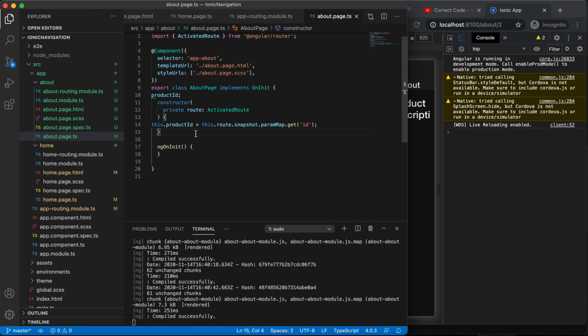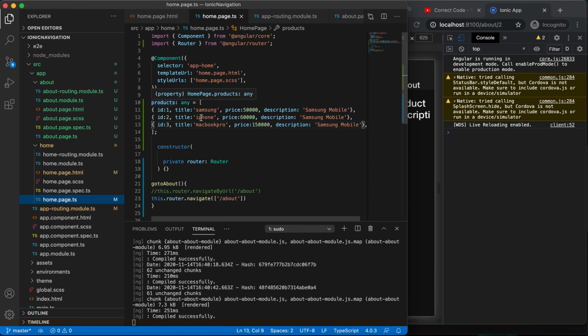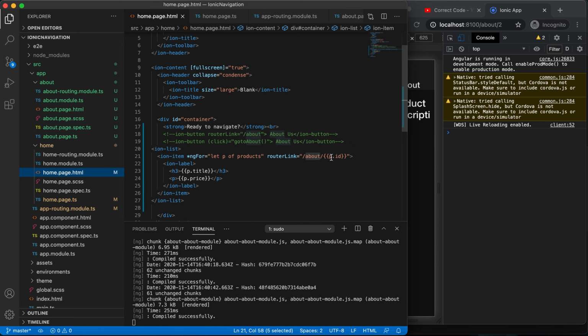Just a fast recap we will do. In the home page, we need to add an ion-list and create a for loop with routerLink p.id. So we need to create a products array. These are the array of items, and then in the app routing, we need to mention the path also, as we are sending through routerLink.